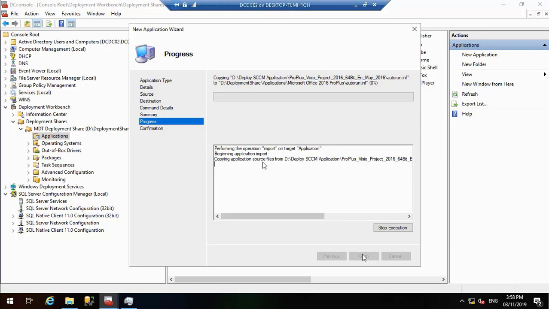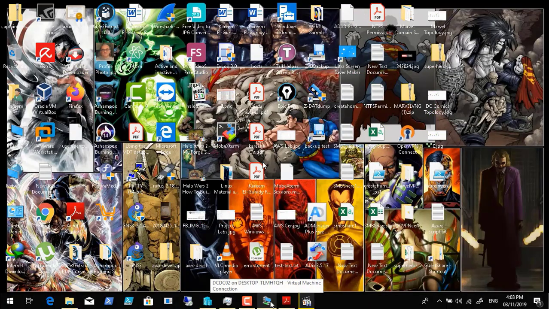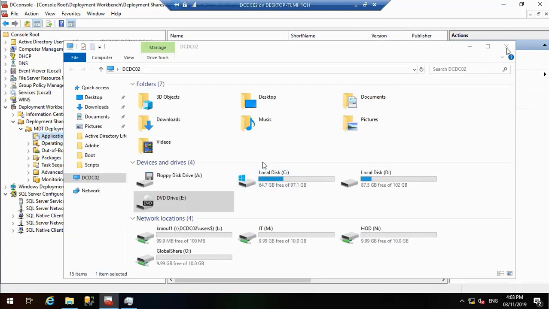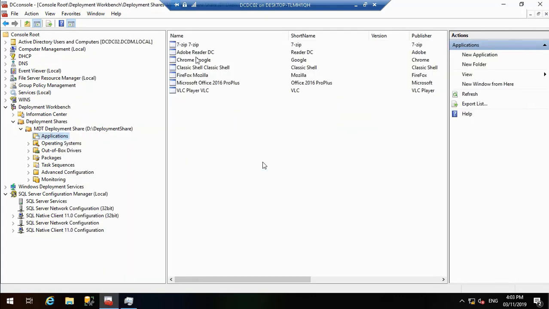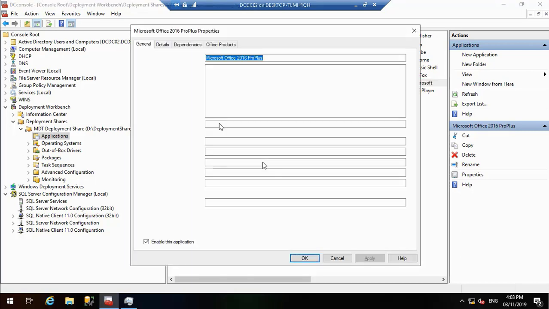Then we will begin configuring some other options so we can automate the installation parameters of Office 2016. What I mean is that when the installation of Office 2016 begins, we need the installation values to be filled automatically through the unattended answer file that we will make now. So how can we make an answer file, or unattended installation file, for Office? We will do this now by right clicking the program and then properties, and then we will go to